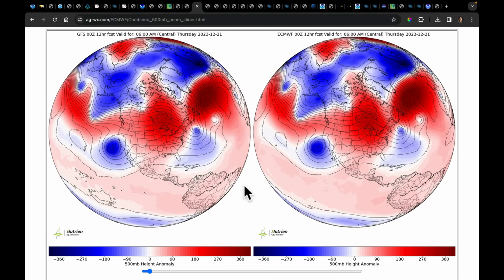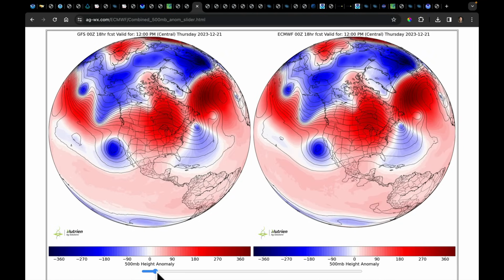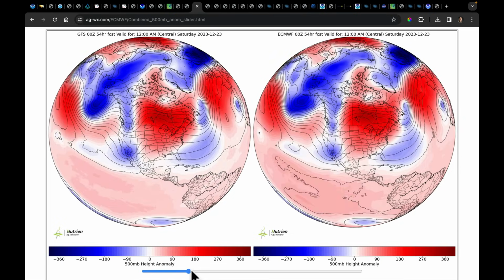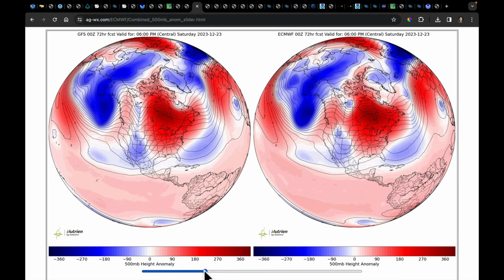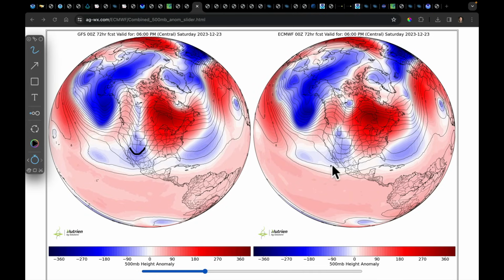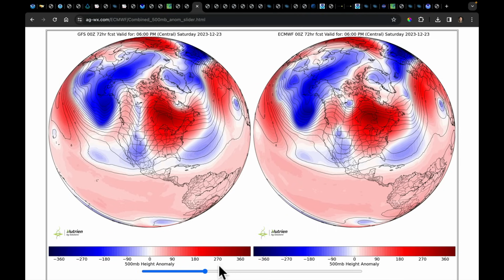It's always a model comparison between these two. So as I play this forward, what I want you to see is we get out here towards Saturday. Now on Saturday, let's actually go right here to 6 p.m. If you notice, there's the main trough. It looks pretty similar in the models. But look at the one to the north of it right there. And that's just the first part of what's going to be different between these two models, because they go from